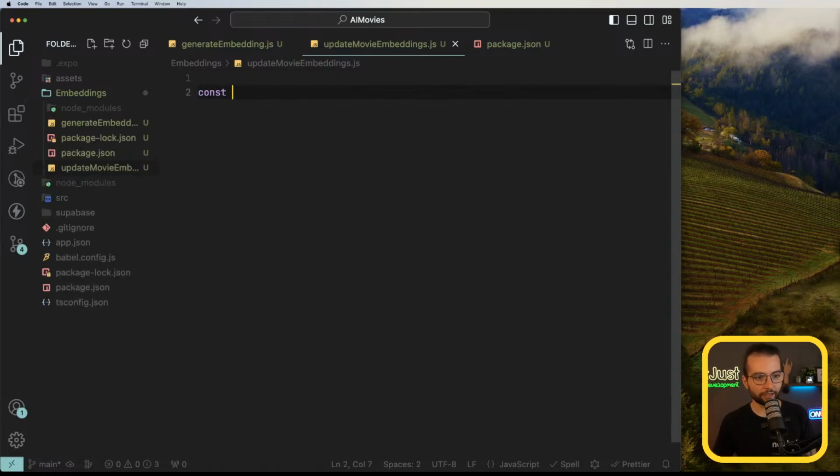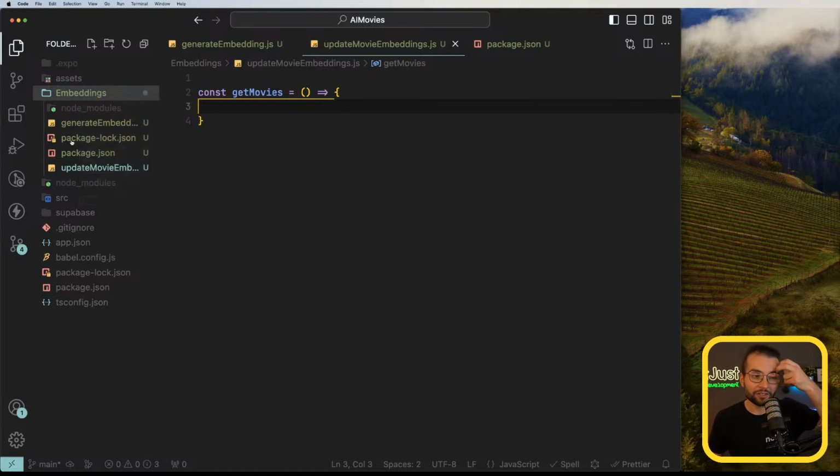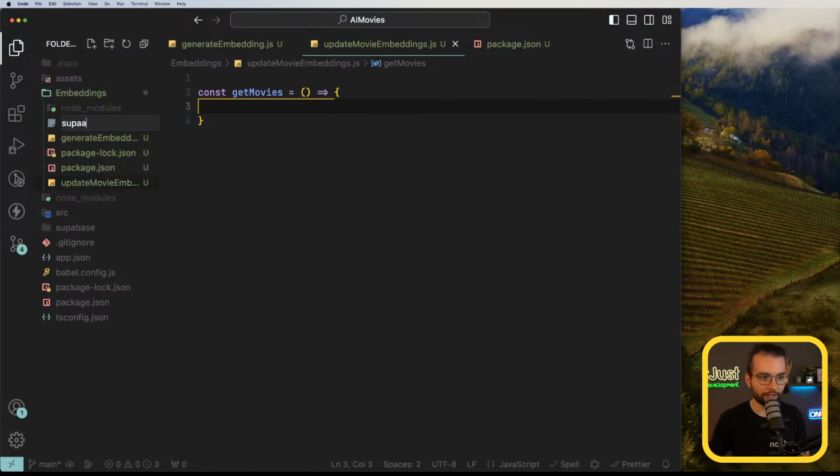The first function that we will need here is to get, first of all, a list of movies from our Supabase. And for that, we will need the Supabase client. So let's go ahead and, because this is a separate project, I'm going to actually create a